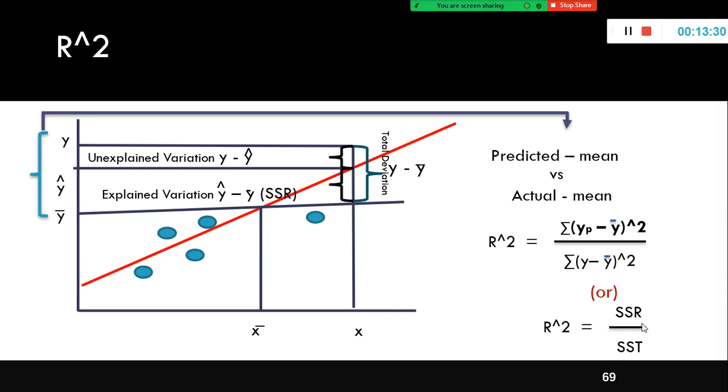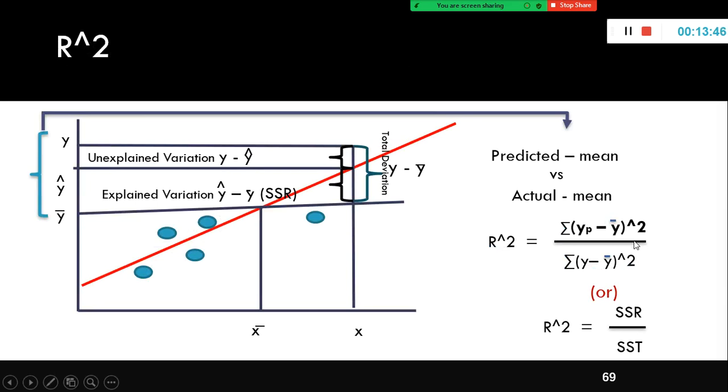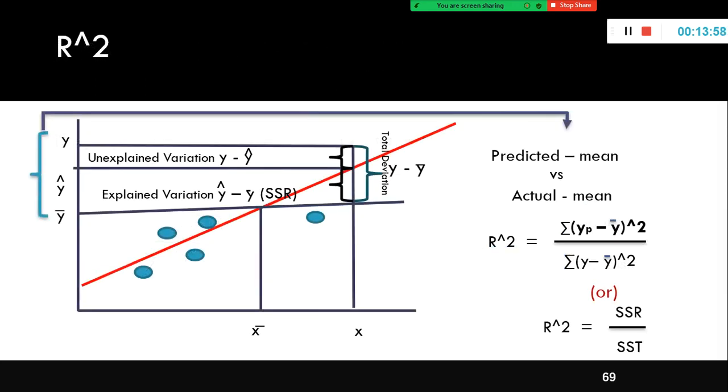That's why I put all these equations. If you attend an online test with a prospective employer, they may give different options in the multiple choice question, and you should still be in a position to choose the correct answer. That is the reason why I explained this in detail. So this is what R squared is all about.